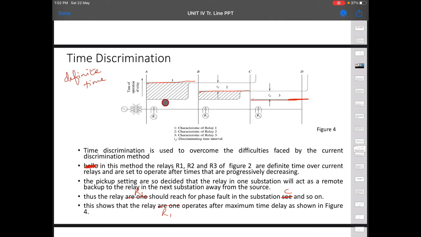It will move fast and operate. So that is how this much time it will save. It is because of the element of the overcurrent relay.